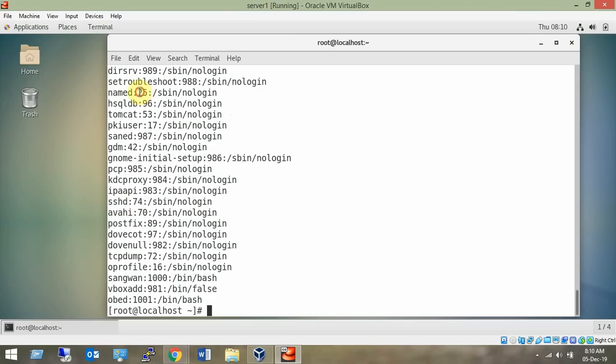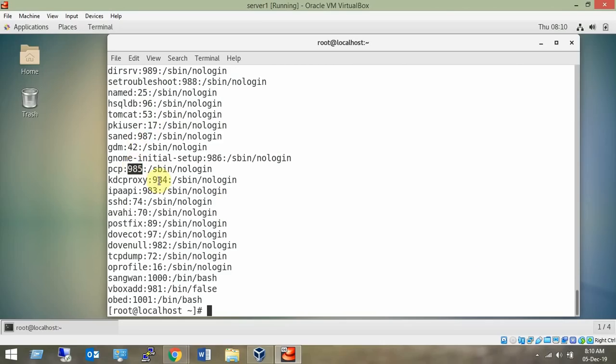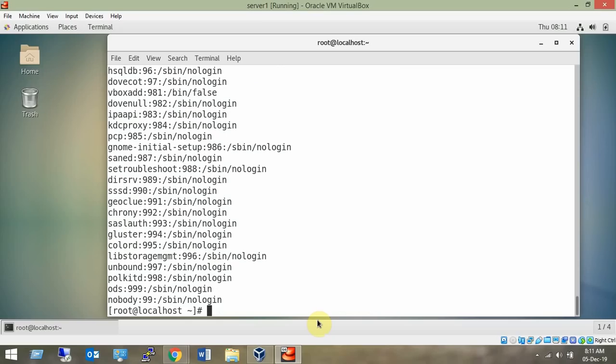But the problem is I want the user IDs in ascending order of the column. So I want to specify the sorting order. I can use this command followed by the piping symbol followed by sort, and on which column I want to sort, that is the key field, -k. I want to sort on the second column. And the terminator is the colon. So this is how it will work. The terminator means the field separator in the sort command.